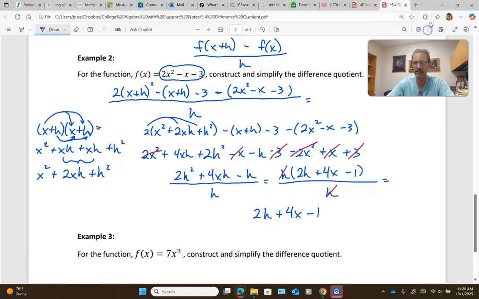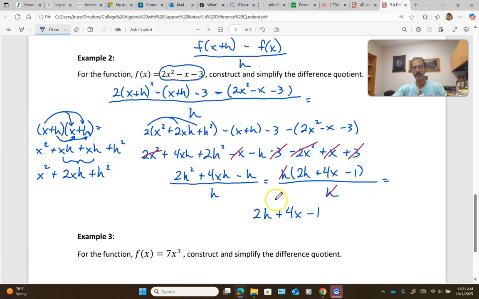So what does this mean? Well, this means that the slope of the secant line between two arbitrary points on my parabola will depend on the x value of that first point, and it'll depend on h. Well, h is just how far apart the 2 points are, the difference in those x coordinates. Okay,